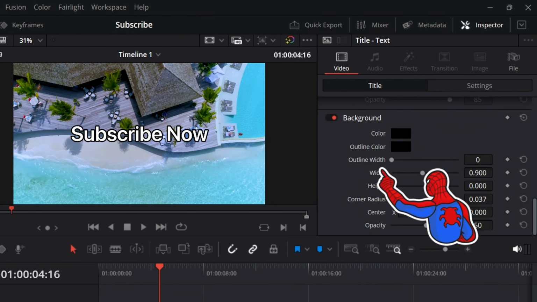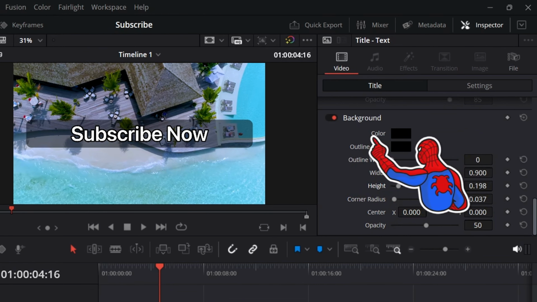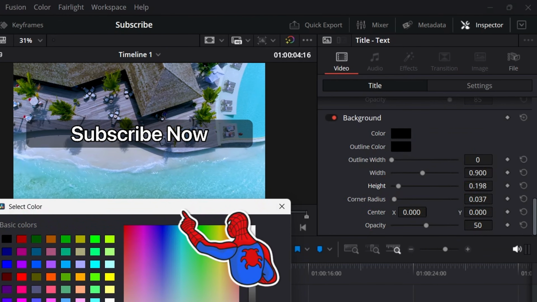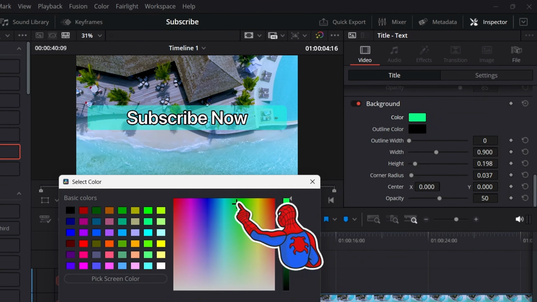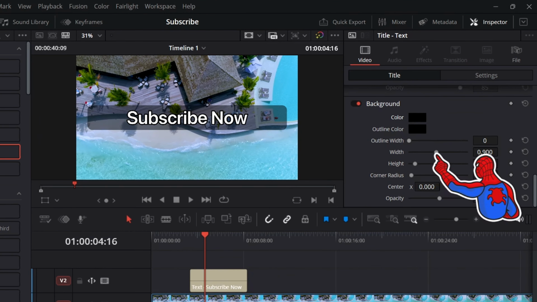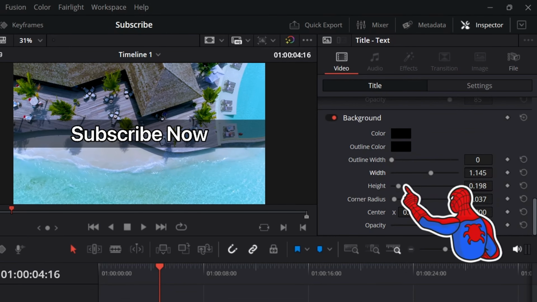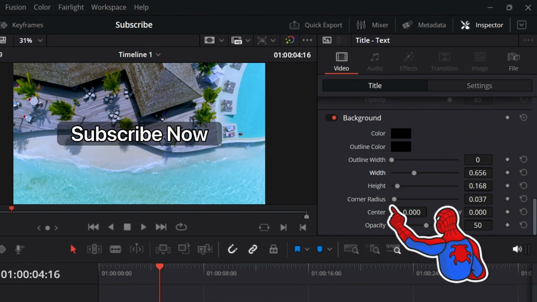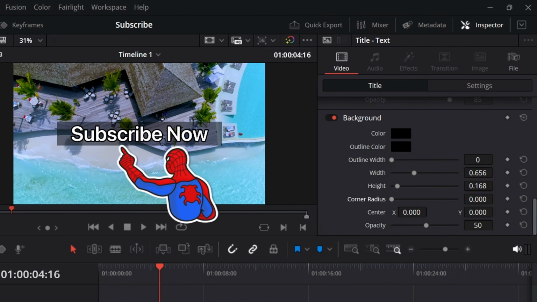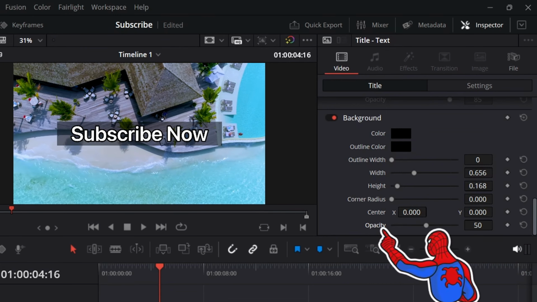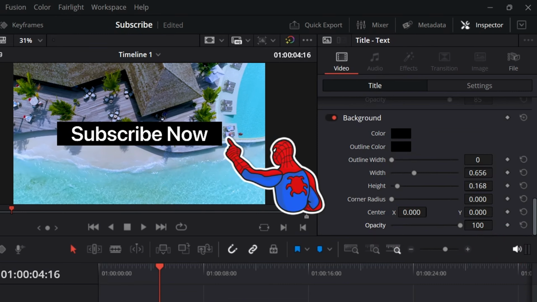So for background, you have to first increase the height. Then you can see the background. So we can choose whatever color you want. Again, it's the same. You have to drag this up, and then we can change the color. You can adjust the background width like this or all the way through. You can increase the height. You can adjust the corner radius to make it more rounded like this, or you can make it look like a rectangle. Then there's opacity where you can adjust the transparency. If I drag it all the way, you can see the background like that.